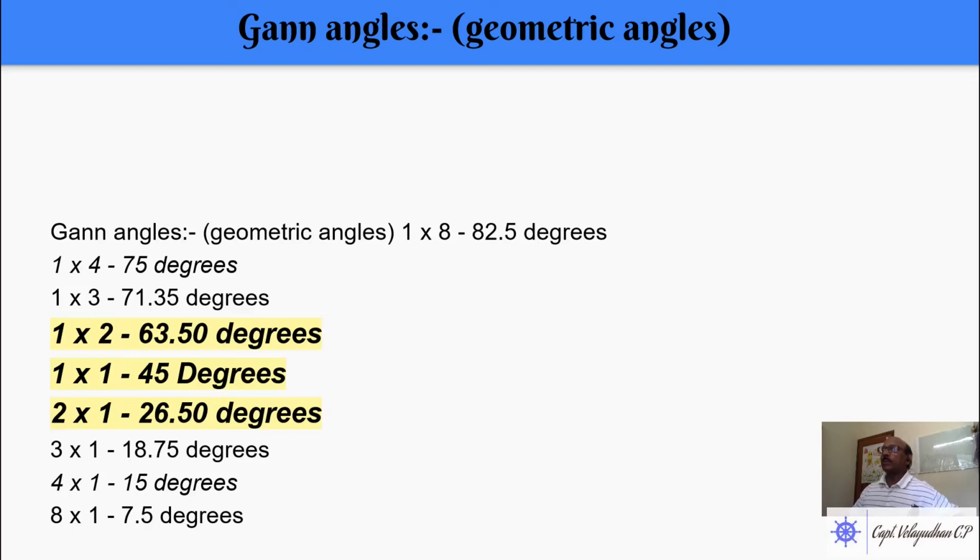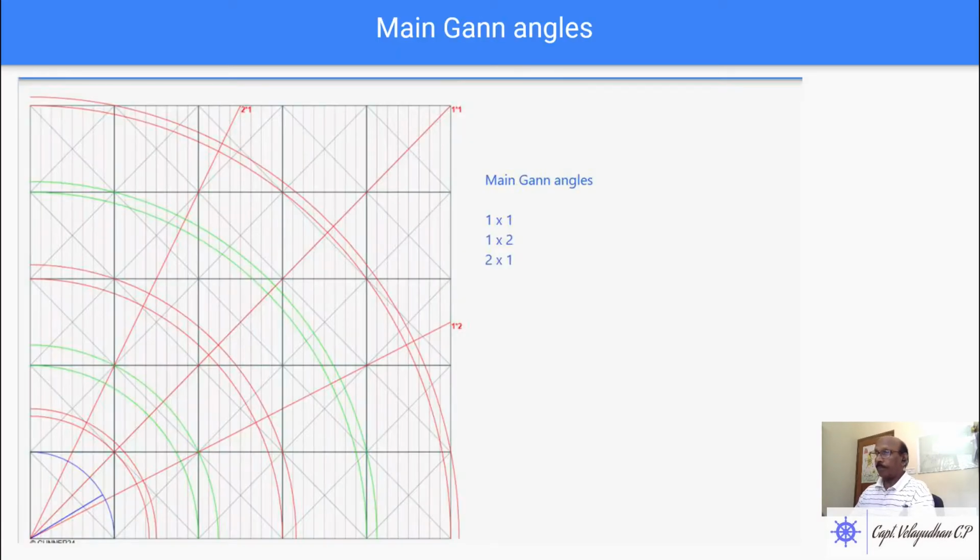All charting software don't allow adjustment, but there are some softwares which you can adjust as per your monitor. Now these three angles are mostly used: the 1 by 1 angle, the 2 by 1 angle, and the 1 by 2 angle. I am also using these three angles only. The remaining I am not giving much importance.